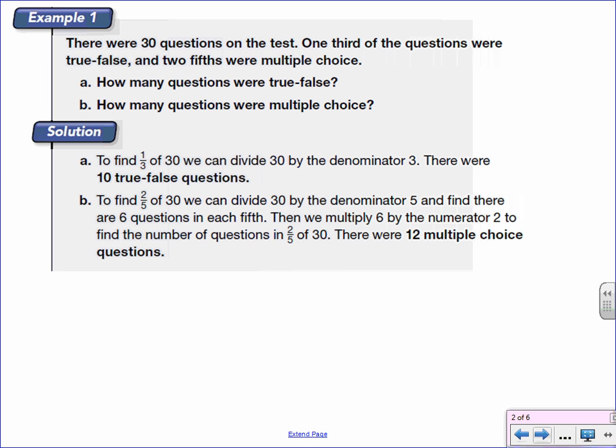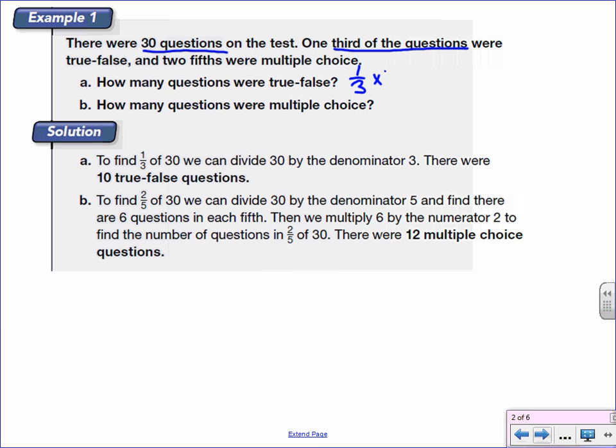So example 1, there were 30 questions on the test. 1/3 of the questions were true-false, and 2/5 were multiple choice. How many questions were true-false? So we have 30 total, and the first fraction is for true-false, so 1/3 of the questions. So 1/3